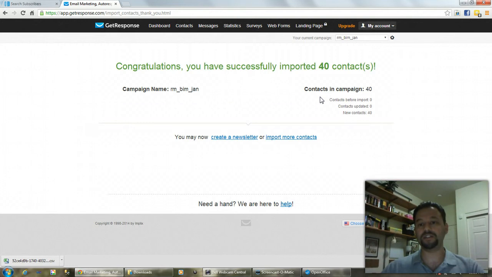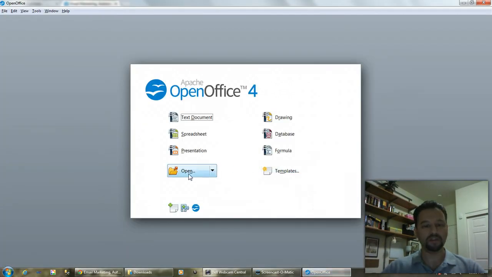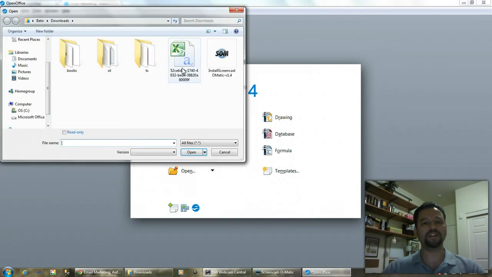So we've got our contacts imported, and something I did want to show you is if you do get that UTF-8 error message, what you can do is you need to modify that file. You can do that using Excel or OpenOffice, for example. I use OpenOffice because I don't have Excel, and some people, if you're using the Mac, for example, you're not going to have Excel, you might be using OpenOffice. So we go over here into OpenOffice, and what you're going to do is click on Open. You're going to select the file